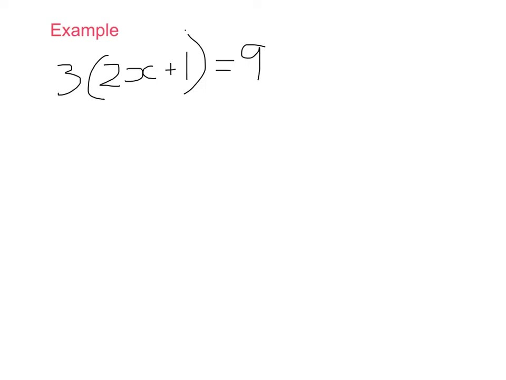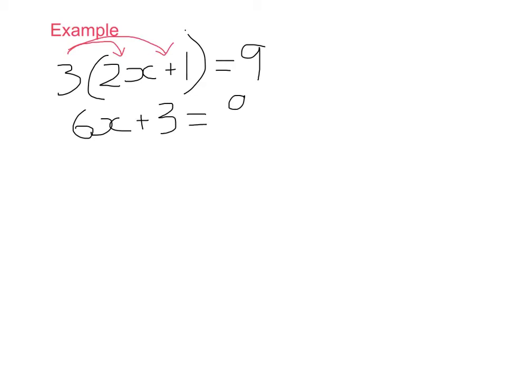This is a pretty simple one, but the first thing we need to do in order to be able to then execute this equation is first work out the brackets. So we first have to perform the operation involving brackets. So when we work with brackets, the first thing we do is the first number statement. So we go 3 multiplied by 2x, which is 6x. Actually, I might not put equals there. We'll go 6x. Then the next thing we have to do is 3 multiplied by positive 1. So 3 multiplied by 1 is 3,